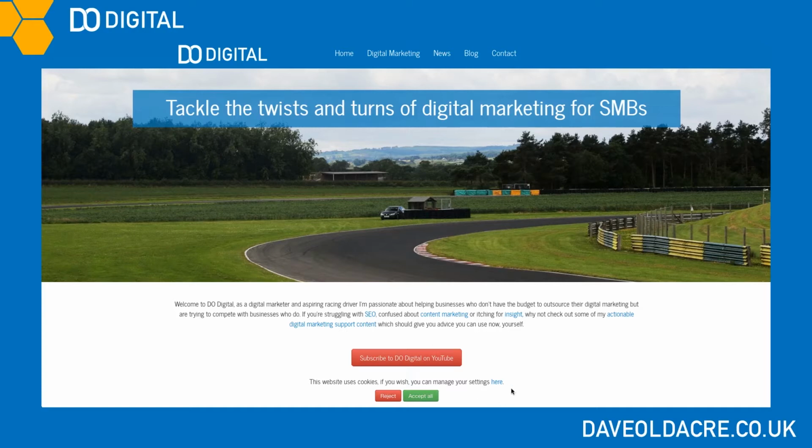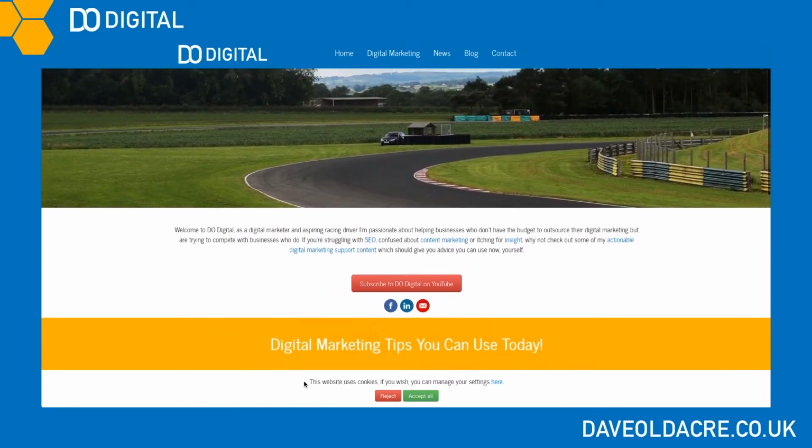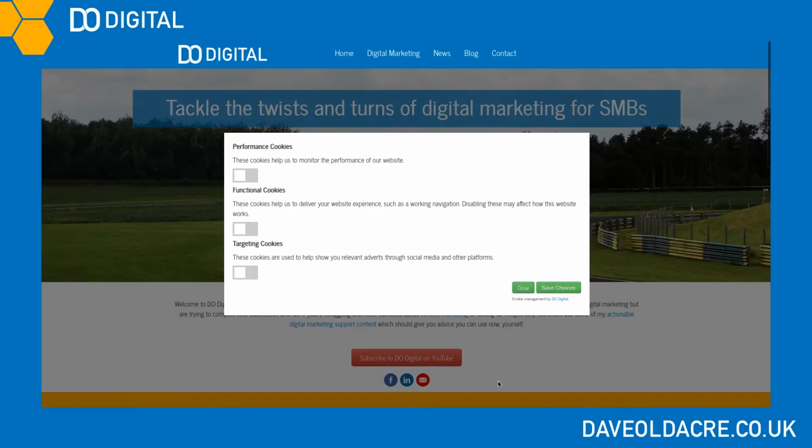As you can see on the bottom of the page here, we've just got a cookie banner. It is on a white background, so if I scroll down, you'll see it's just on a white background there. We've got an accept all, which accepts all cookies. We've got a reject button, which blocks all cookies, and then we've also got the option to click here, and